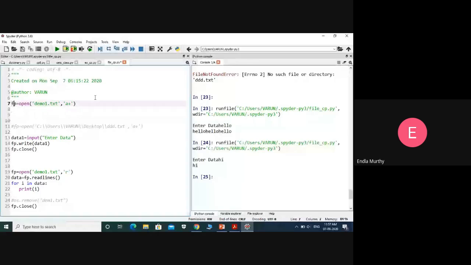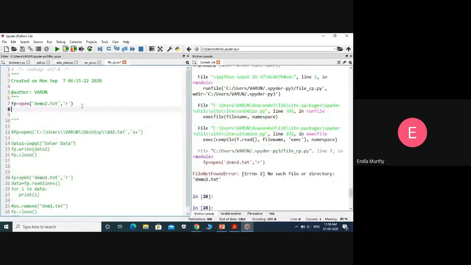Let me take the demo one I already have. Instead of that, I want to take demo 2, but I don't have that file. I want to create it, and if I open it in read mode, let me check what happens. Here we get an error: no such file or directory, demo2.txt.